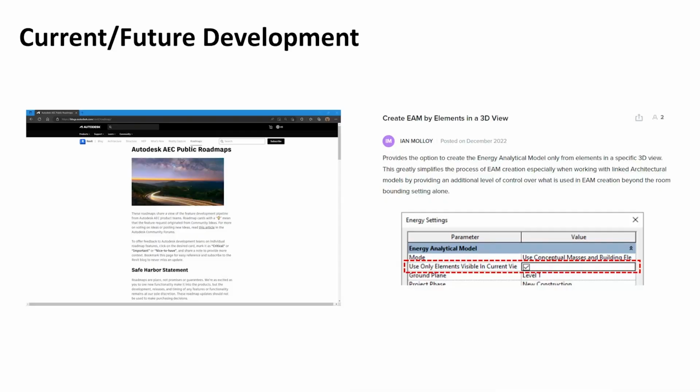And one of the big ones that you'll see soon, I won't promise anytime soon because I've got to be careful about what we promise, being a product manager, but there's a feature on that list you'll see about creating the energy analytical model by elements in a view. Sounds like a very small thing, but it's a radical shift in how much easier it will make creating the model